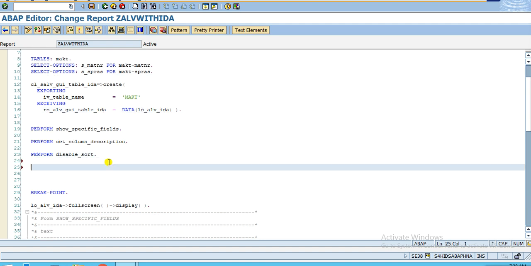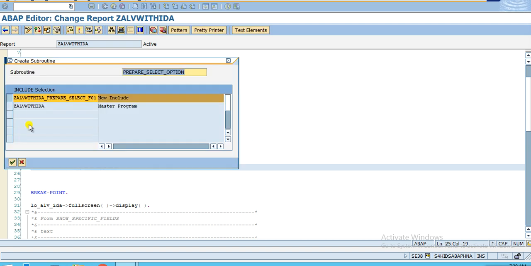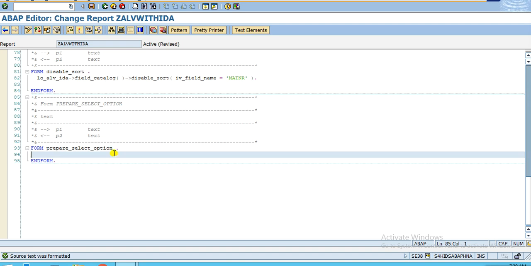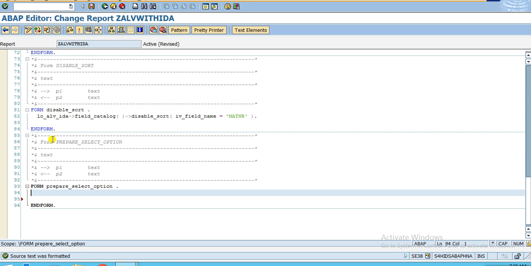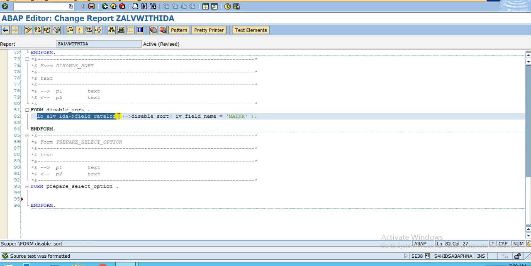So here we can create one more perform and prepare name range. Okay, to prepare select option, maybe better we can pass the select option. Double click over here, click on this yes, and here I'm just going to pass the select option, prepare the select option. So the main one is this one, field catalog, and with the help of